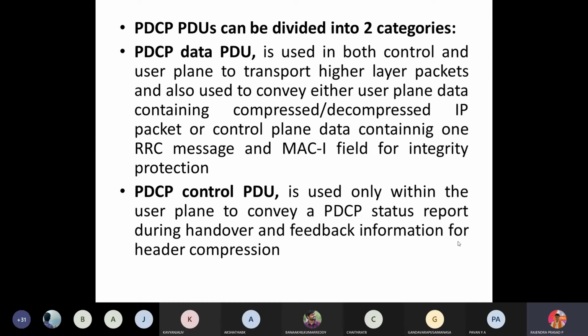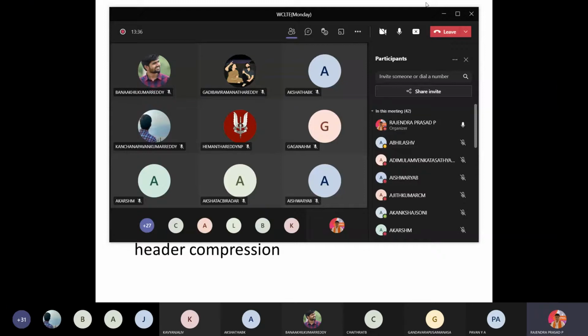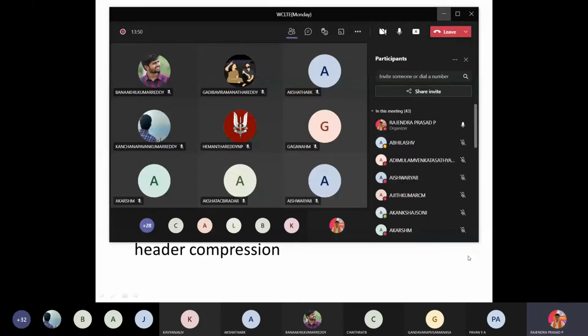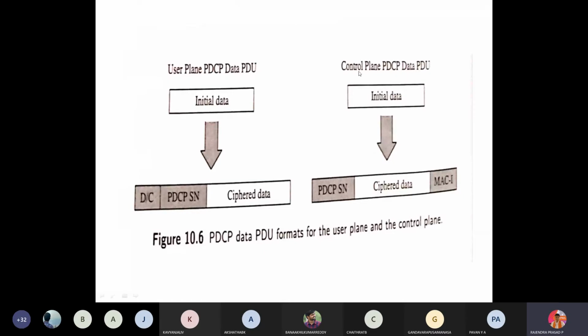It is going to check what type of control information we are giving. Now, control information with respect to the data is nothing but whether you are reading the data, whether you are writing the data, right? So that control information will be present in this PDCP PDU. A control PDU is only used by the user plane to confirm the status report, so whether my data has been successfully reached or not. That observation is done with these PDUs of the packet data convergence protocol.